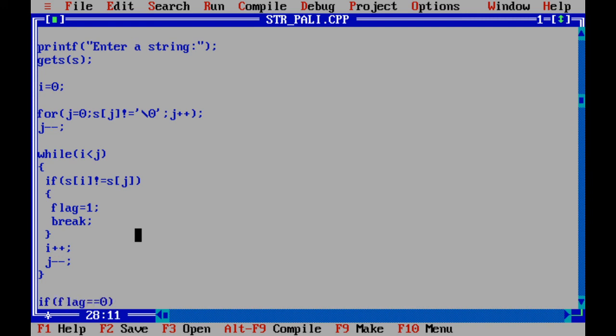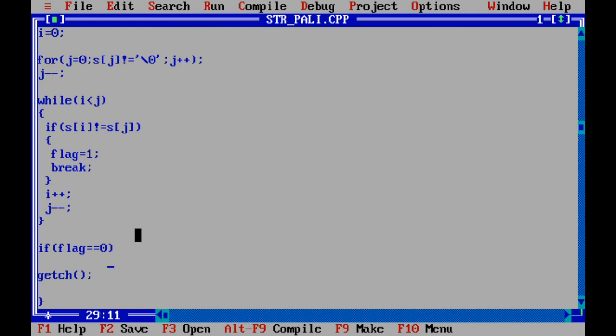If flag equal to 0, printf, slash n. So what we have to print? String is palindrome.